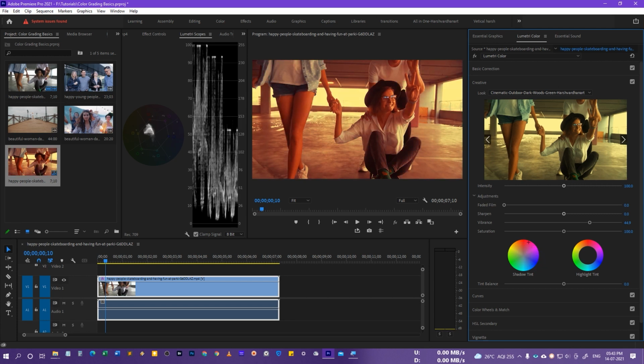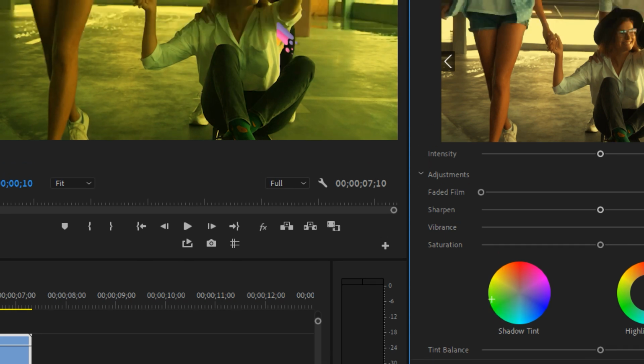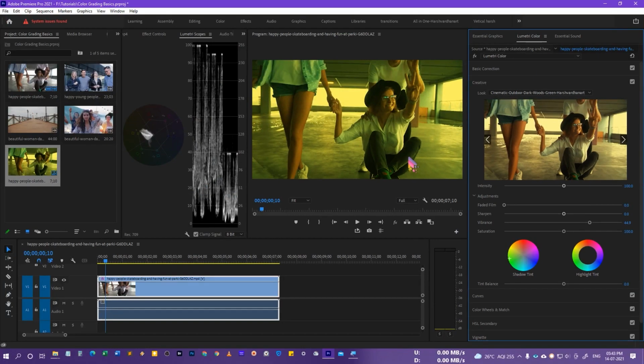And if I drag this one, that's teal, and this is going to add blue and purple and red and yellow, and you can see this wheel. If you just click over here, that's going to add the less saturated green, and if I click in the middle, that's going to increase the saturation of this green, and if I drag it over here, that's going to add more of the green. So if you want the less saturated effect, just click near the center of this wheel.